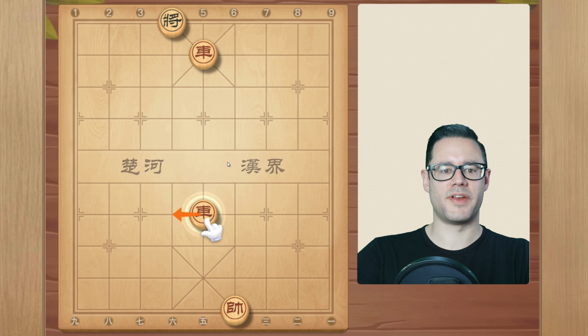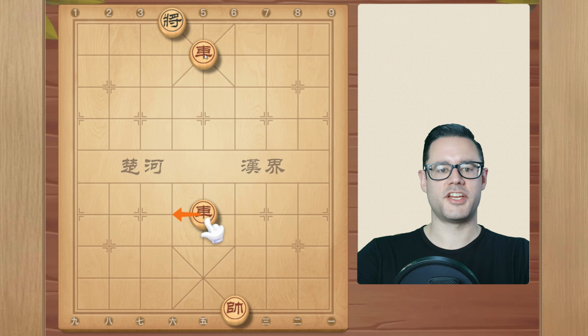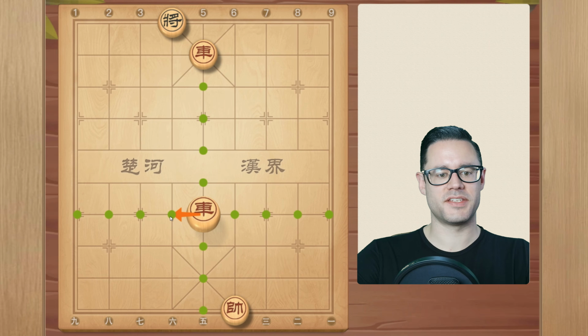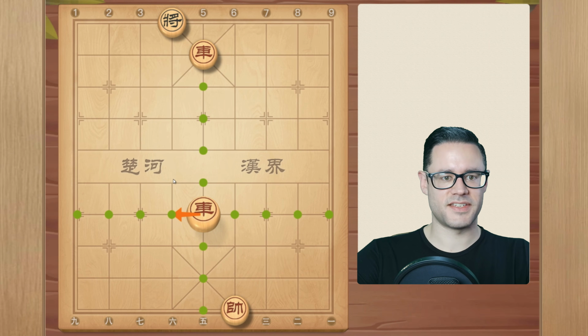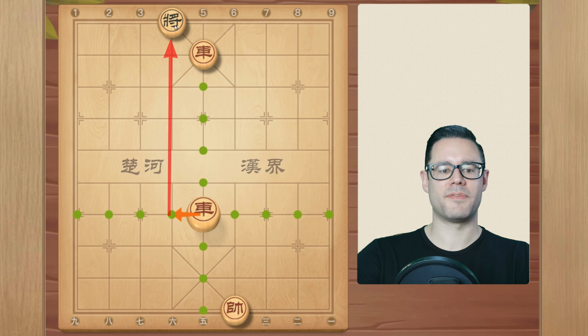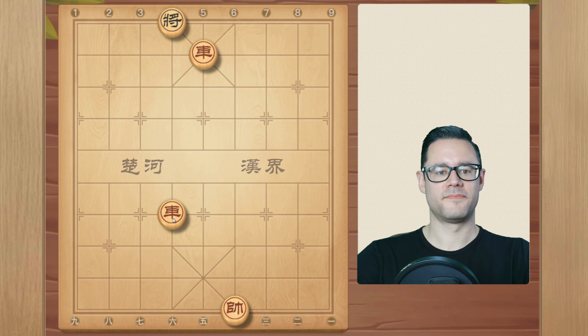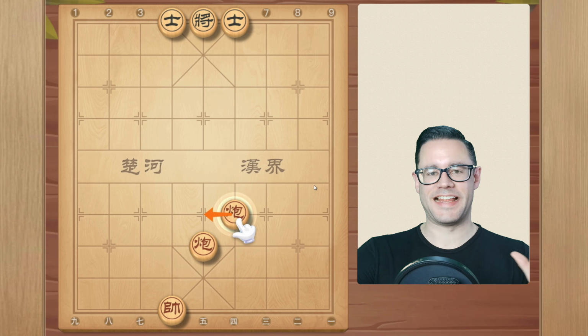Here's another common configuration with 2 chariots. The chariot that's sitting in the palace is, just like the pawn was before, restricting the general's movement. The general cannot move forward or sideways because the chariot would attack it. And because the general's movement is entirely restricted, if we place an attack on the general using this chariot, moving it to file 6, attacking the general, he can't escape. That's checkmate. All right, now let's look at one of the most classic checkmate examples, the double cannon checkmate.